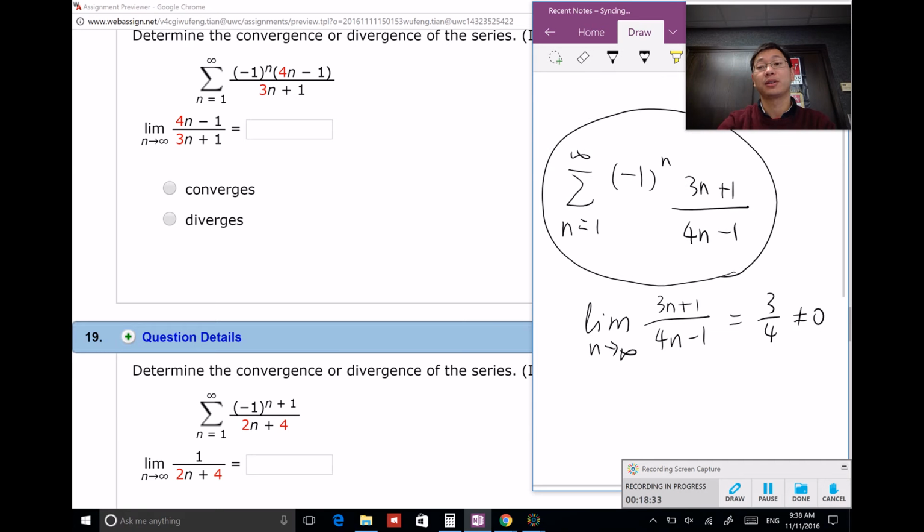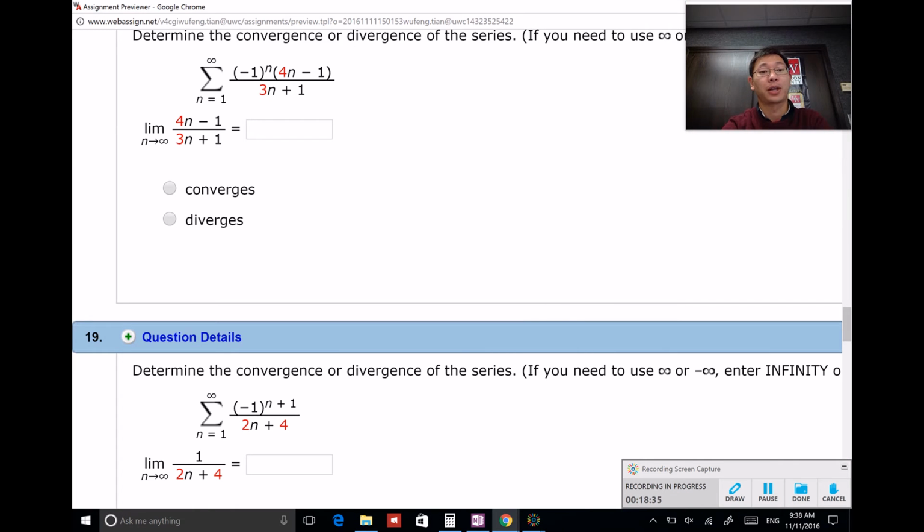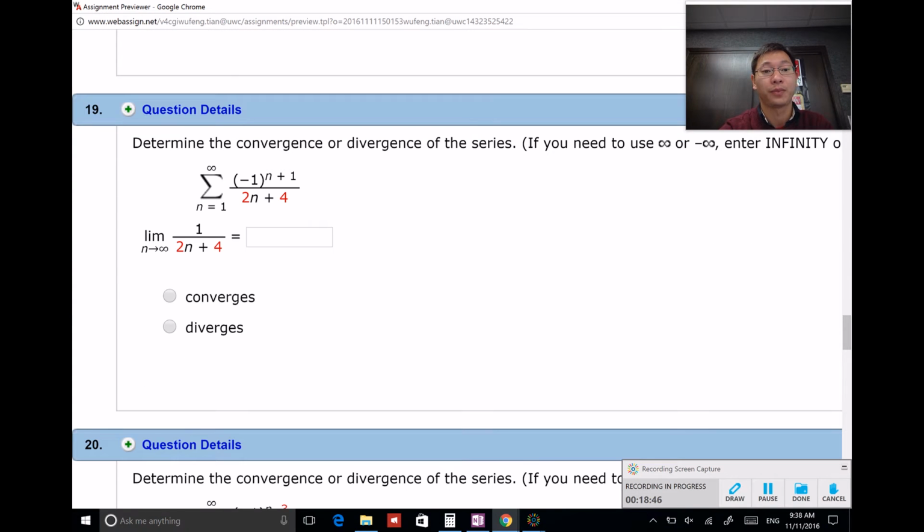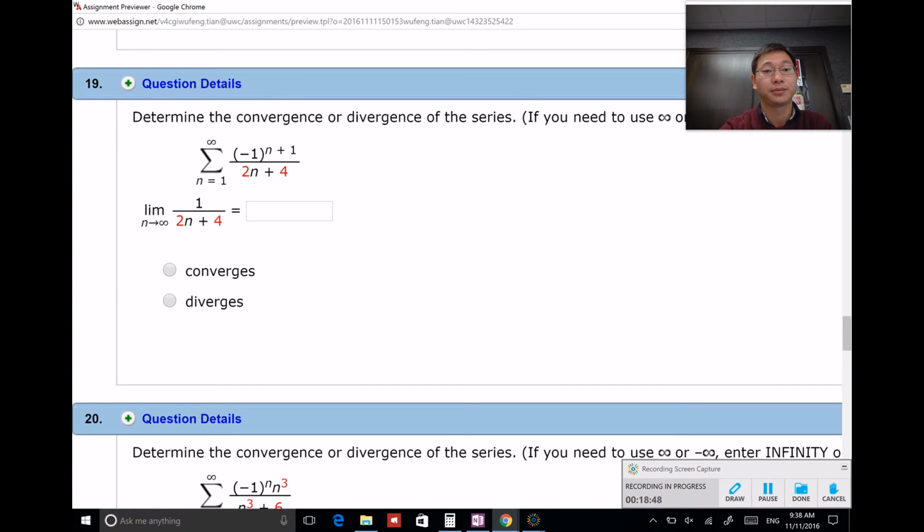But it diverges because the nth term does not equal 0. Okay, so this one diverges because the nth term equals 4 over 3 and it's not 0. We don't compare it with the 1 because of the nth term. Alright, so this one,